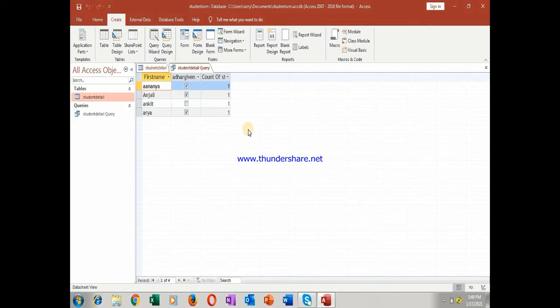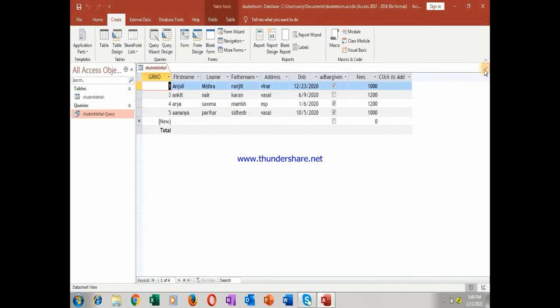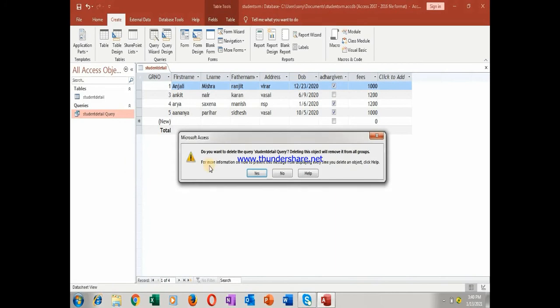So this is how queries are explained. Now you understand what queries are. You are generating questions, and your DBMS will give the answers. That is called a query. Again I am showing you, if you don't want to save it, just close it, and right click over it and delete it. Can you see it? Delete and press Yes.